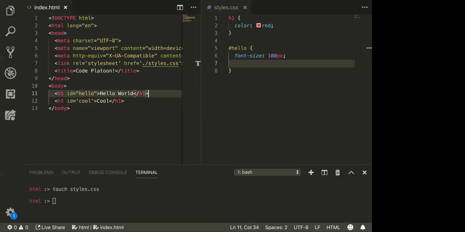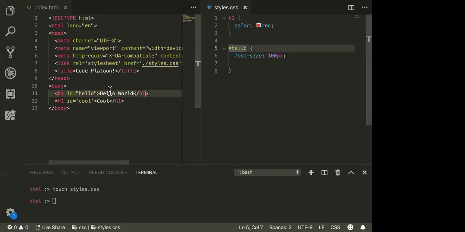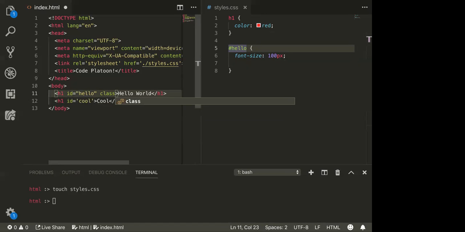I think that's it as far as targeting stuff. This can get a lot more complicated. We can also string these together. Oh yeah, you want to do the class real quick? That's a good idea. So let's give both of these the same class. We'll do this and then we'll move on to the next thing. We'll just call it heading. I know this seems redundant because we can target them by H1, but